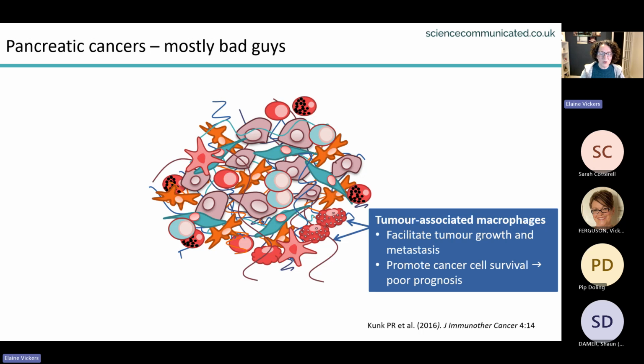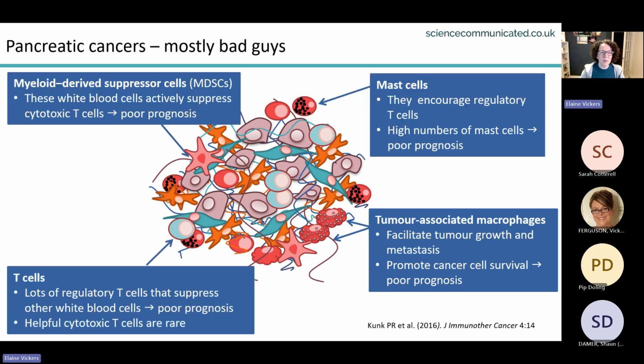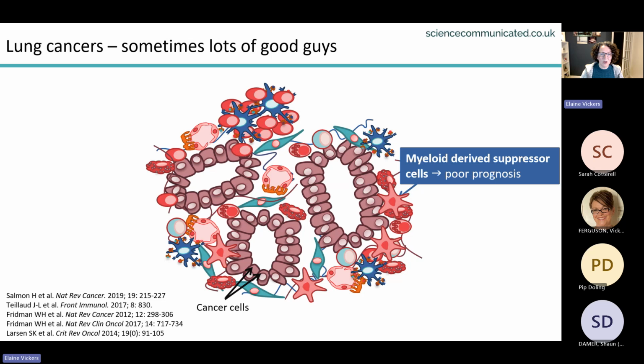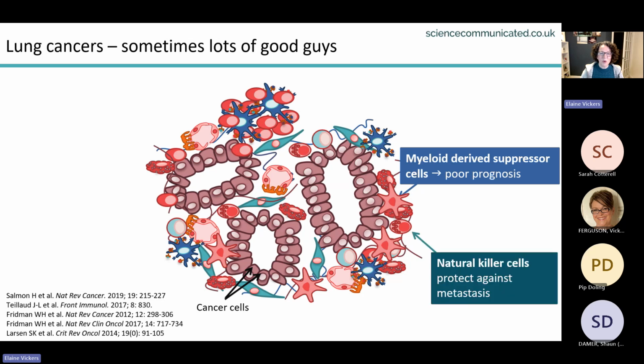You generally find all the bad guys, the white blood cells that are actively supporting, encouraging, protecting the cancer cells and suppressing any cancer-fighting T cells that might come along. So you find lots of myeloid-derived suppressor cells, lots of regulatory T cells, lots of tumor-associated macrophages, lots of mast cells. In contrast, inside a lung cancer, you will still find some of those bad guys,